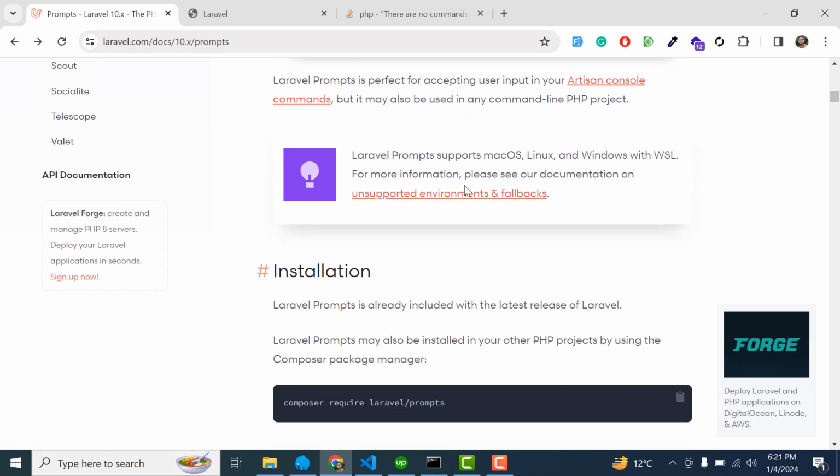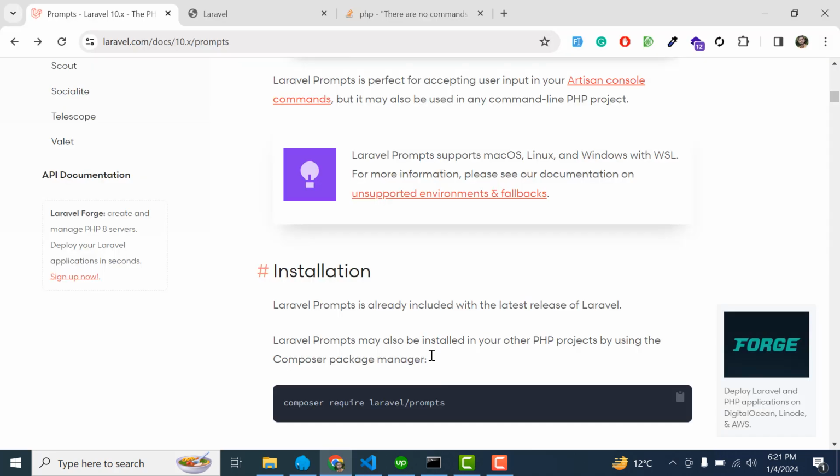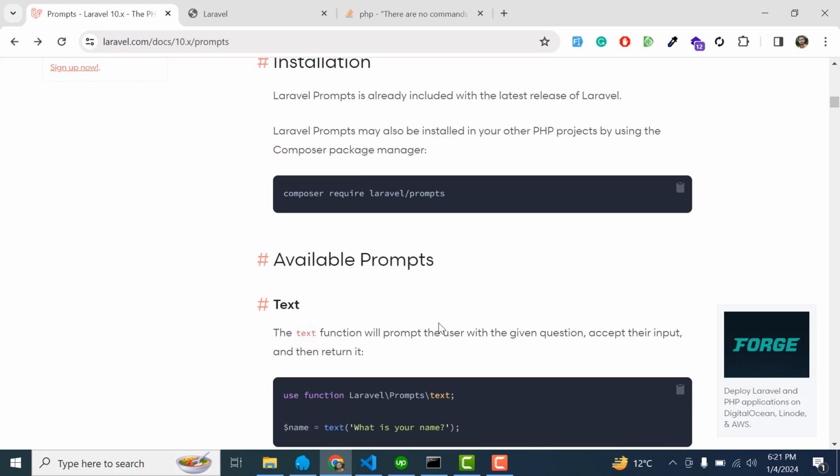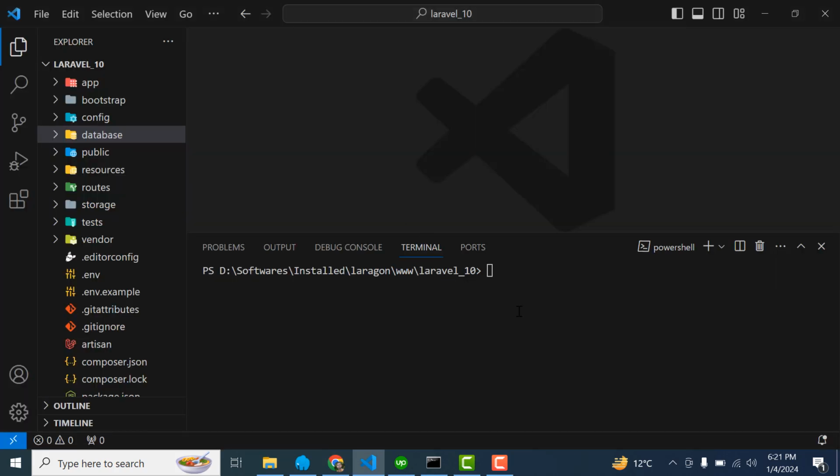Simply do a fresh installation of Laravel 10, as I did here, and I'm going to show you how to do this step by step. First, this is installed by default in your application, but if you are trying it in any other PHP application, you can do this also. Now I'm going to create a new command and then tell you the overall story of this command prompt. Just create the new command, php artisan